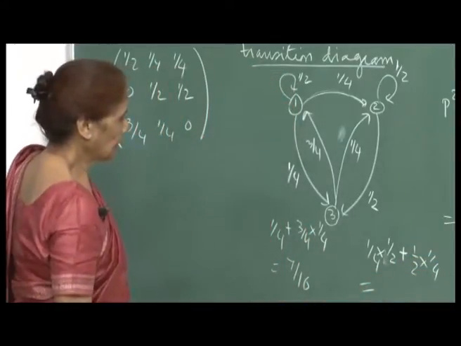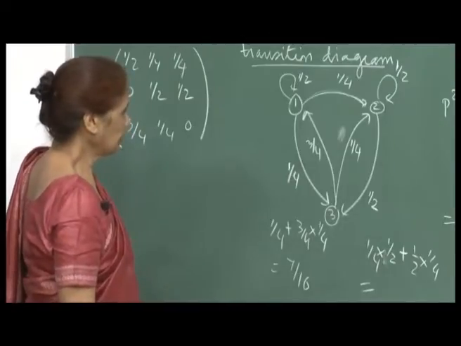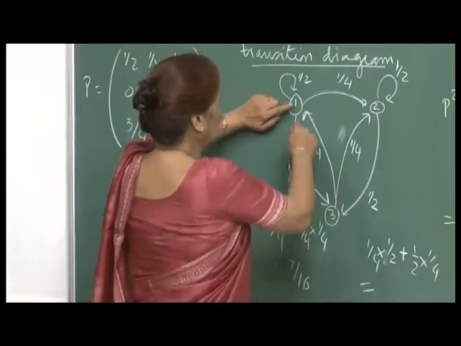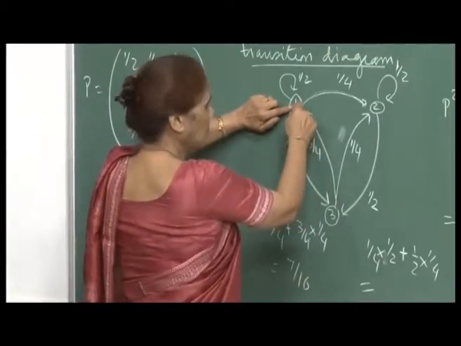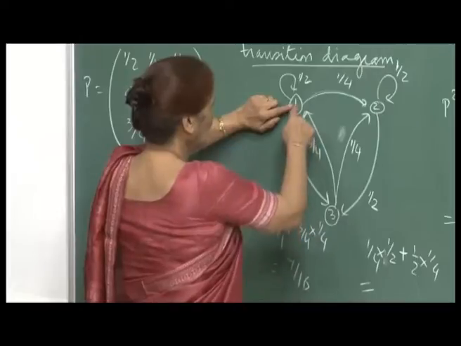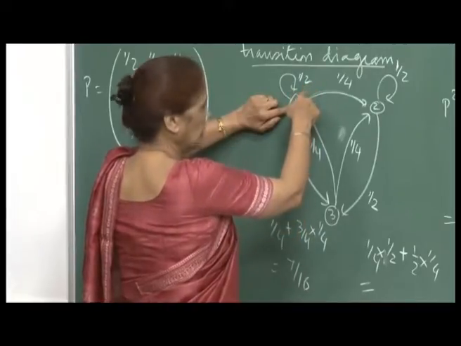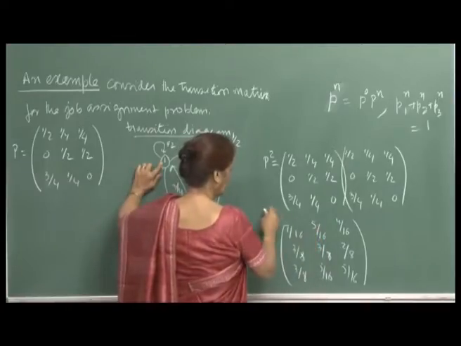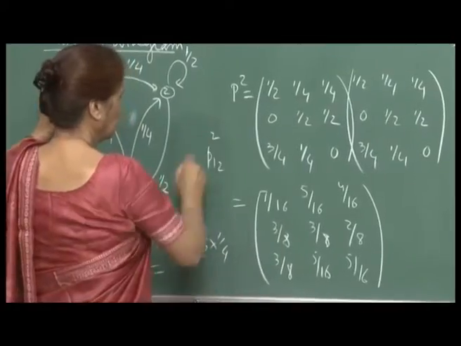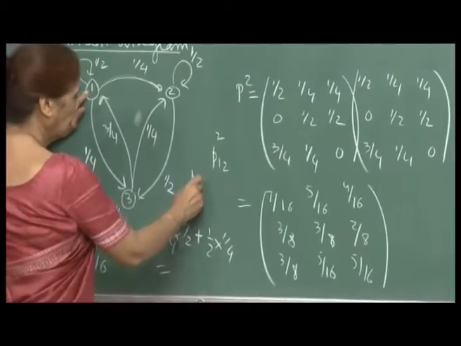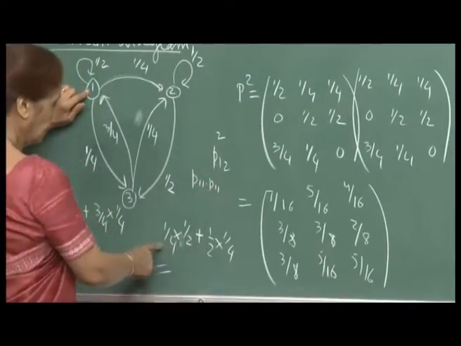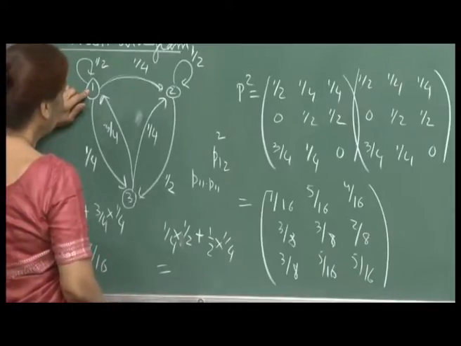1 by 8 plus 1, or what, have I missed something out. So, you are going from 1 to 2, in 2 steps. So, 1 by 2, this is 5 by 16 and you are computing P 1 2. So, you can go from P 1 1 into P 1 1. So, that was 1 by 4, and why did I multiply it by, I want to go from 1 to